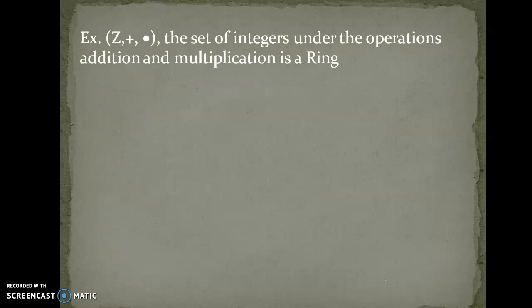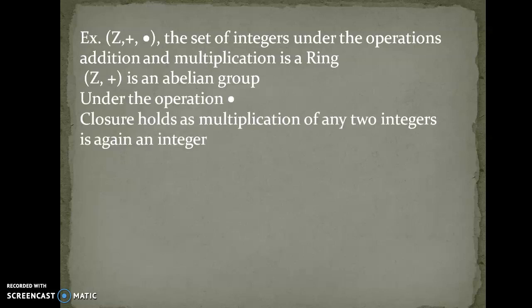Let us continue with the example of the set of integers. There we have seen Z with addition is an abelian group, and now one more operation, that is multiplication, is introduced. So the very first condition for a ring, that is Z with addition is an abelian group, we have already proved. Now let us consider the operation multiplication. In the operation multiplication, we have to prove closure and associativity, so that Z with respect to multiplication forms the